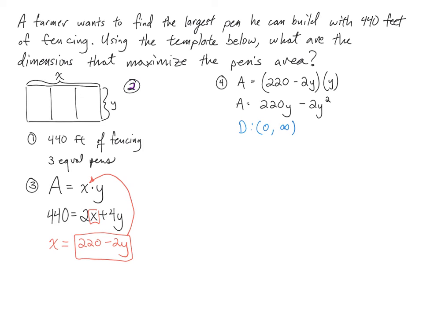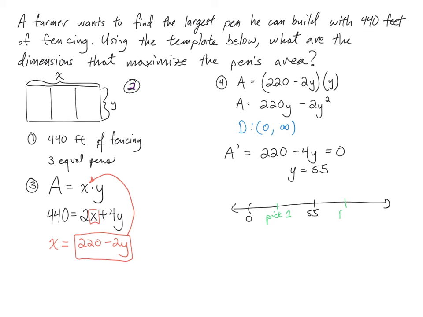So then we can jump right over into the derivative. A prime equals 220 minus 4y. And we can set that equal to 0 and solve for y, and y will end up being 55. All right, really quick check here. Here's 55. We can't be less than 0. So why don't we pick 1, and we can pick